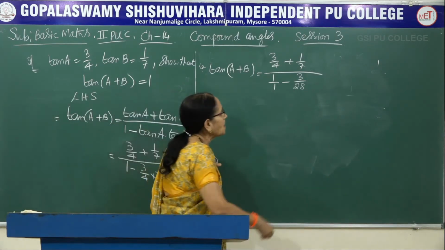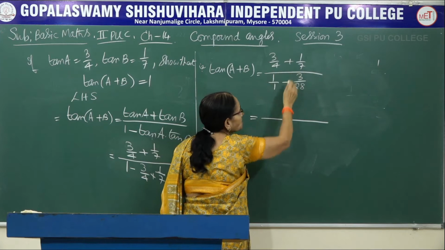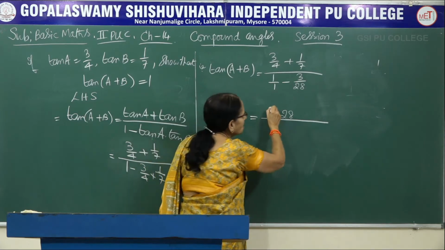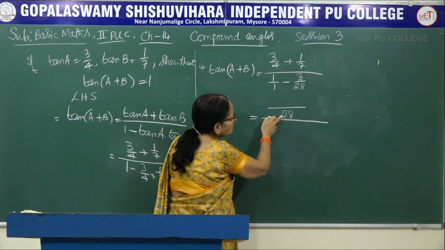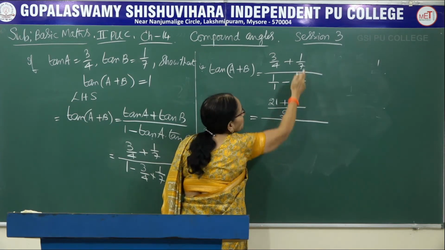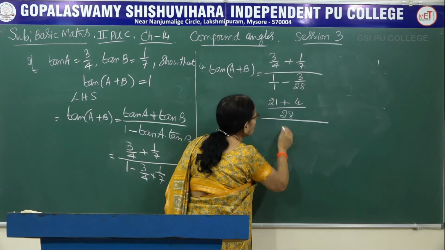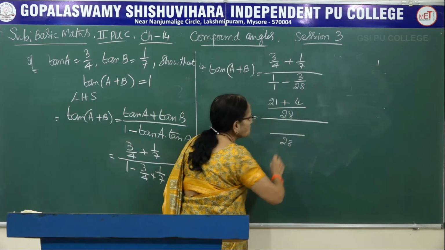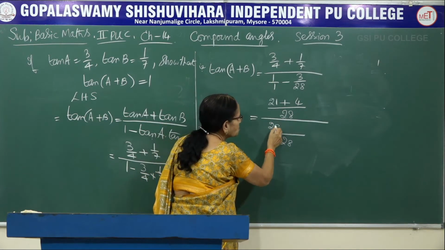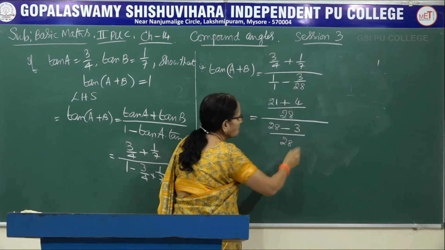Now let us simplify, taking the LCM. What's the LCM for 4 and 7? There are two different numbers we are having. The product of the denominators is the LCM. Now 4 7s are 7 into 3, that would be 21, plus 7 4s are 4 into 1, that is equal to 4. So numerator is over. For the denominator, for 1 and 28, 28 is the LCM. Now 28 ones are 28 into 1, that is 28, minus 28 ones are 1 into 3, that is 3.